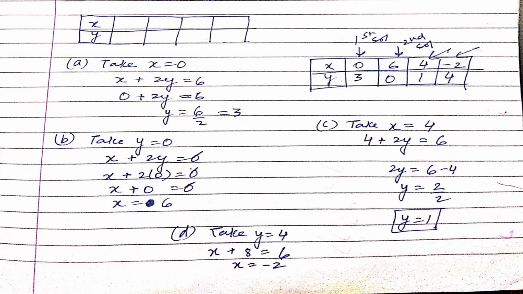So like this, you can create a box containing x and y, and these blank boxes will be used for the values we will assume and find. So first of all, the equation we have is x plus 2y is equal to 6. The first thing in my mind is to assume x as 0, and then we try to find the value of y. So what if I take x as 0?